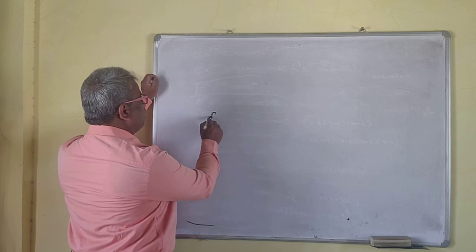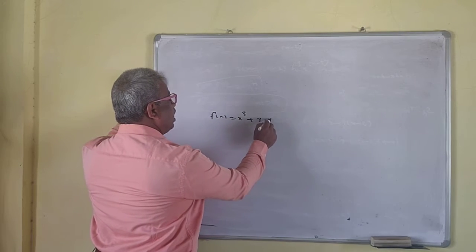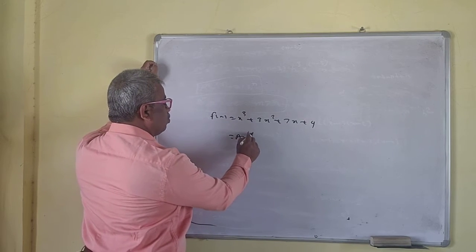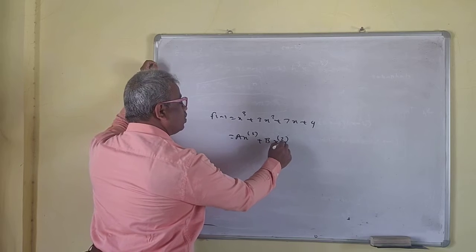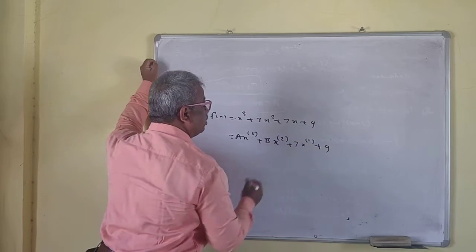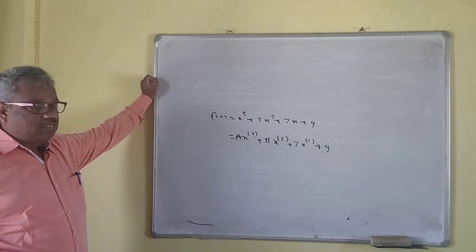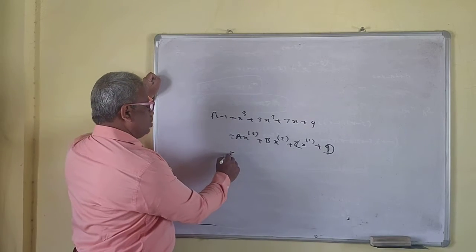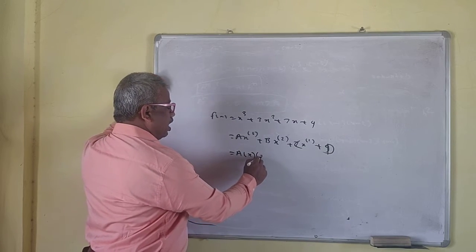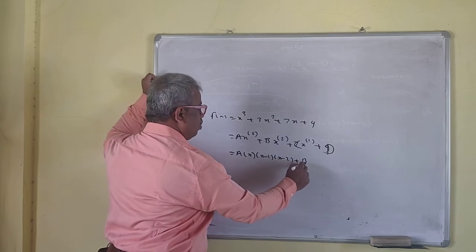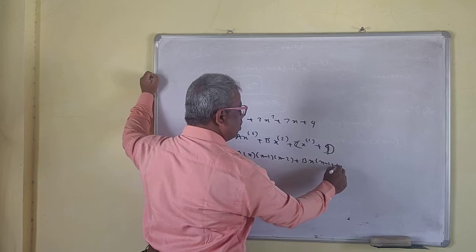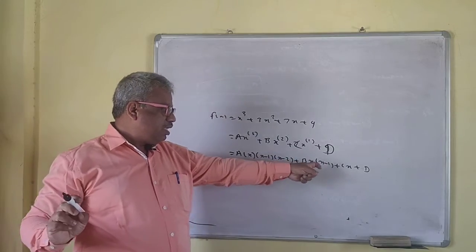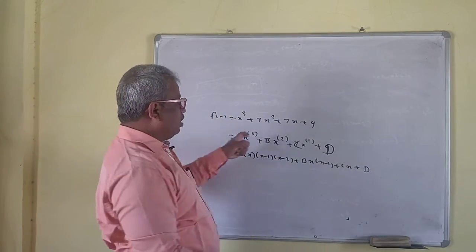Suppose f of x is x cube plus 3x square plus 7x plus 9, and you express this polynomial in terms of x to the power 3 plus b, so the coefficient will be changed now here, plus 9. Okay, so this polynomial is expressed. This is c, this is b. So this constant may not be the same now. So this is then a x minus 1 x minus 2 plus b x minus 1 plus cx plus d. Okay, so you have to find the constants a, b, c and d such that this is equal to this. These two polynomials are the same.